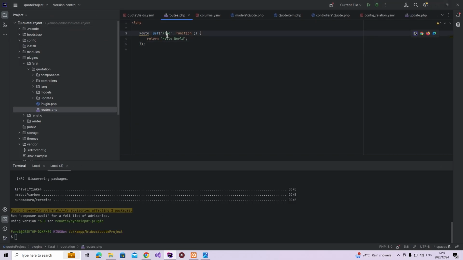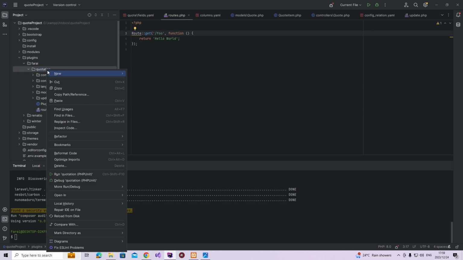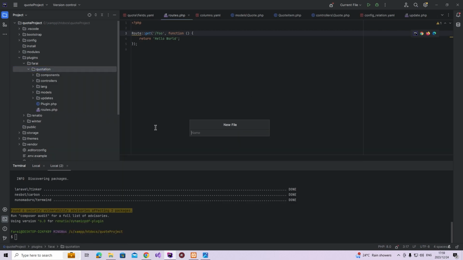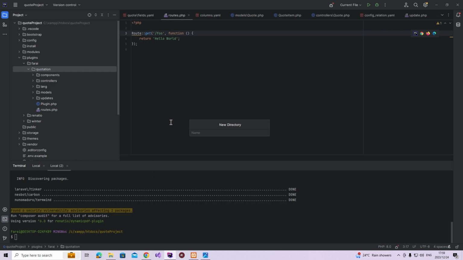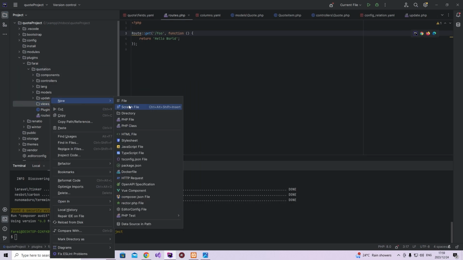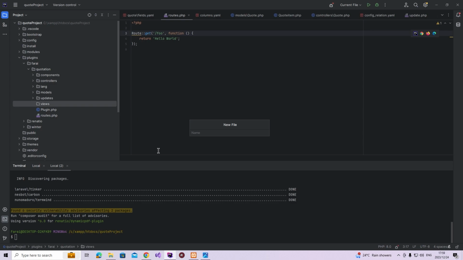Okay, let's come back to PHP Storm, and then here I need to set up the download feature. How I do that is I'm going to take this route, and then I'm going to first create the view. So let me create the view first. I'm creating a folder called views, and then in there I'm going to create an HTML file called PDF